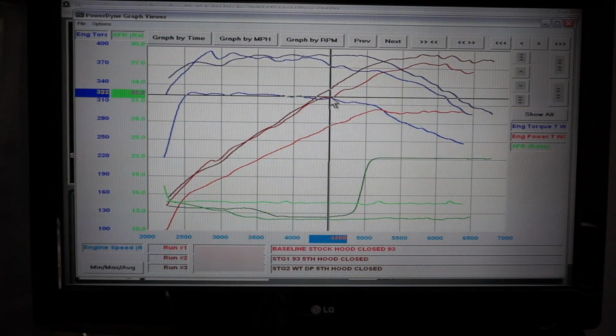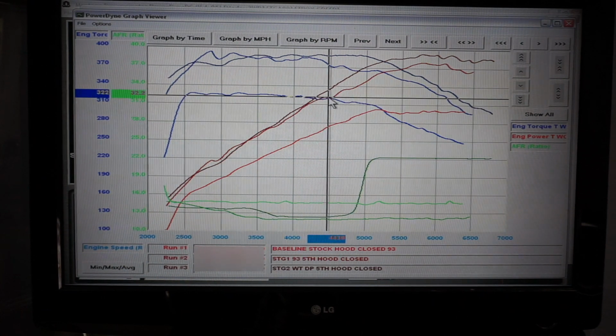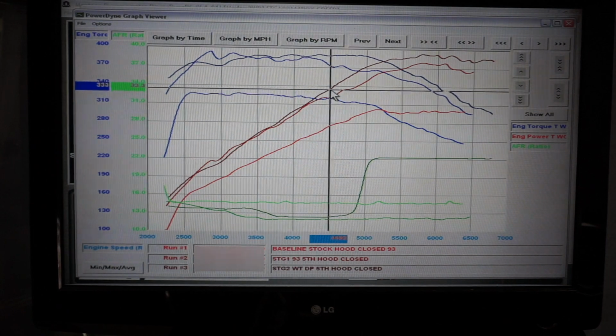Stage 2 made some significant increases over stage 1, mostly from 4,000 on up, where it really starts to separate. That airflow comes into effect. You can see 320 versus